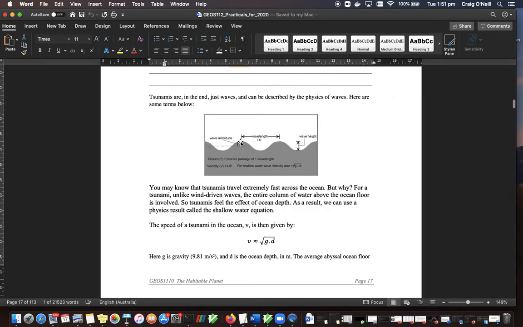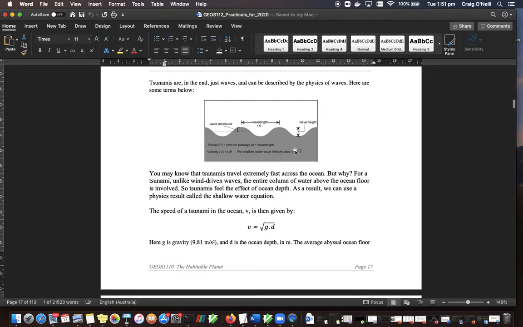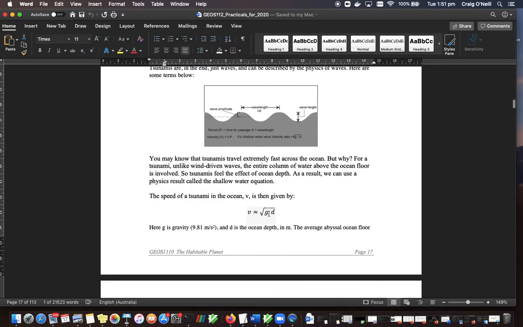A couple of points of definition here: the wavelength, and the wave amplitude, from the unperturbed height of the ocean to the crest; strictly the wave height is from the trough to the crest, so twice the amplitude. The shallow water wave equation, the velocity, is then the square root of gravity times the water depth. And this is the equation we're going to use here. Basically, it describes how fast a tsunami moves through the ocean. So for us, gravity is always the same, 9.81 meters per second squared, and d is going to be the